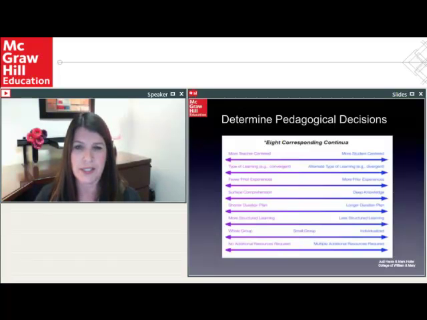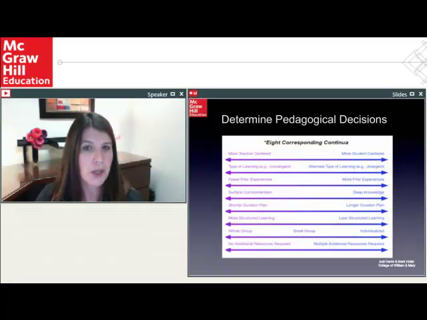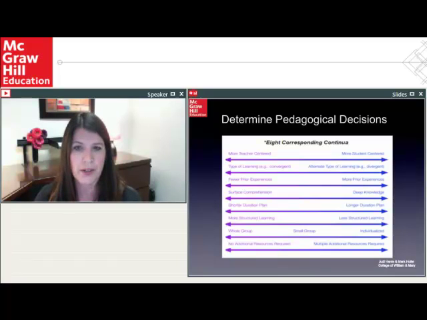And I apologize, this is a little blurry. But I did put the link to this actual information in the handout. So basically what you're doing is you're determining your pedagogical decision based on the content that you're choosing. Is this activity, based on your students and what you're trying to accomplish, more student-centered or teacher-centered? Is the type of learning more convergent or divergent?